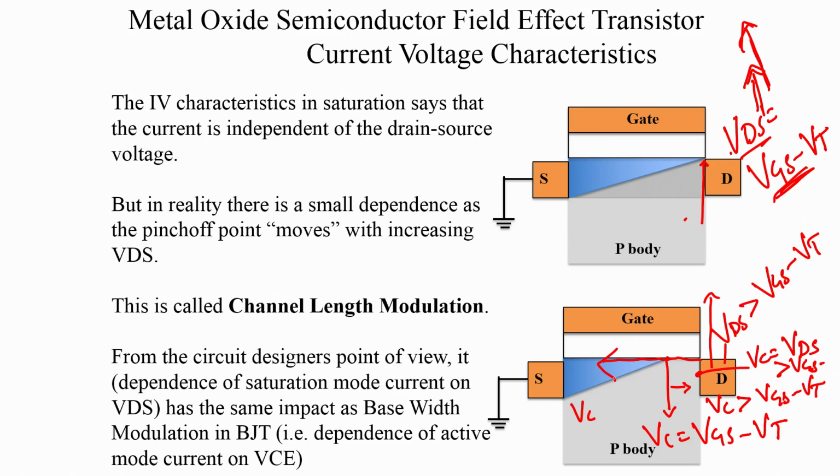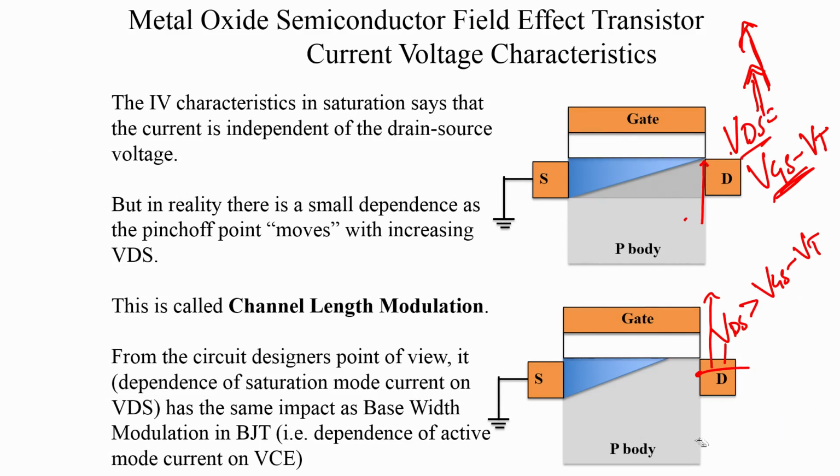So, therefore, we are actually altering this resistor combination. If I told you there is a resistor beyond pinch off and there is a resistor below pinch off, by actually moving the pinch off point I am changing the values of these resistances. So, technically speaking, my VDS must influence my saturation mode current, but that is not what the equations told us. Okay. So, what we are going to do is add an empirical correction to the current voltage characteristics. Now, this fact that when a transistor is in saturation, the VDS can actually